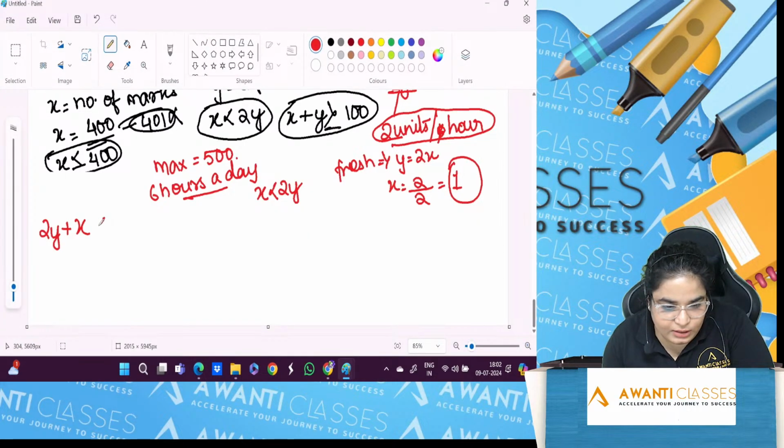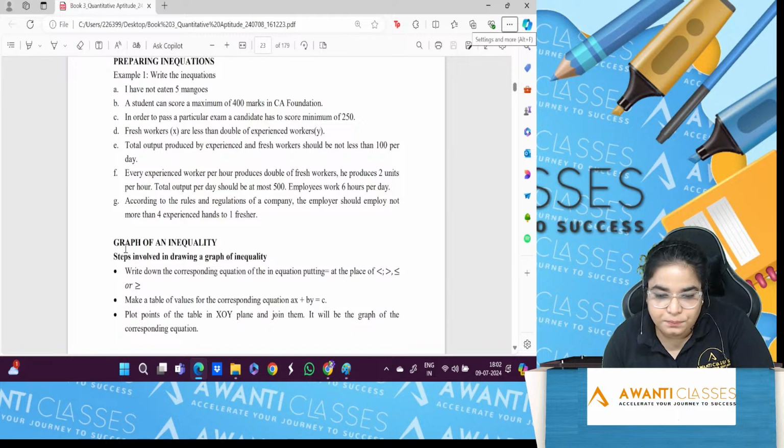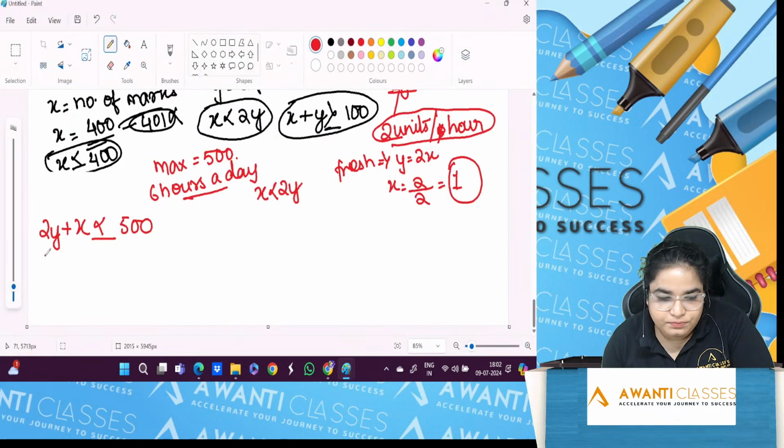Should be less than or equal to how much? 500. Okay, awesome. Why like this? Because they all are working 6 hours a day, every day. But for every unit that X is producing, Y is producing 2. Yes or no? So we can say